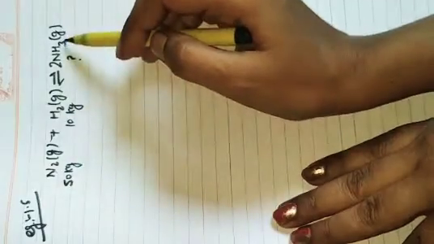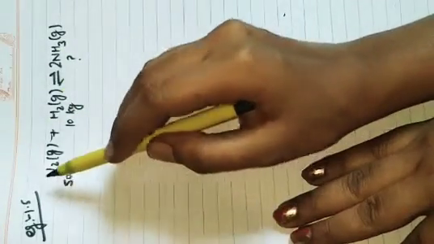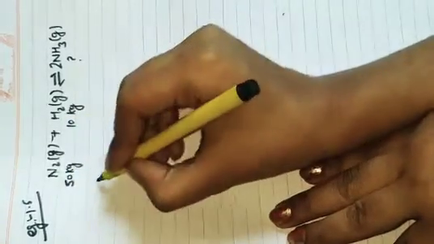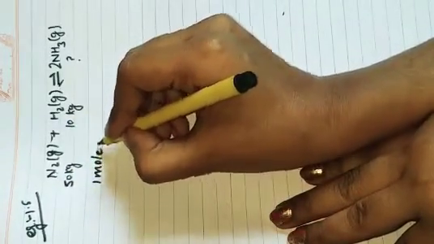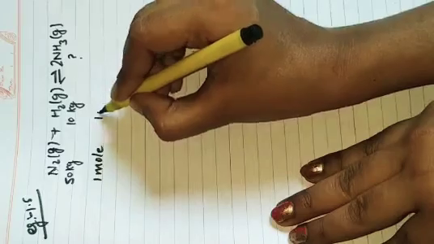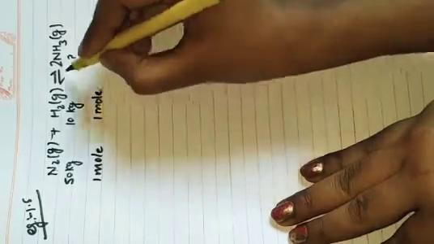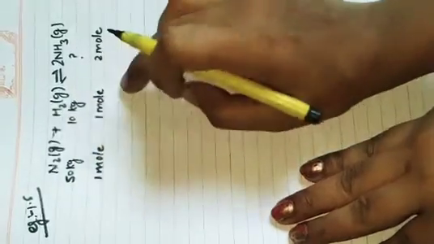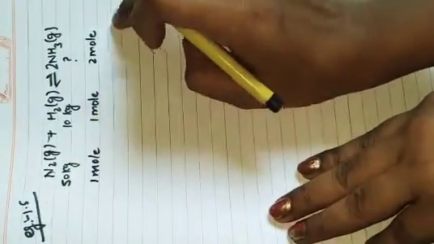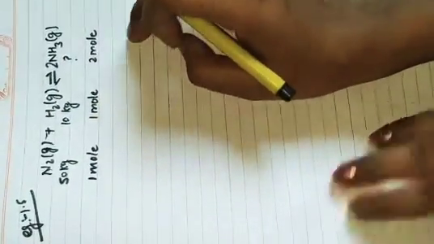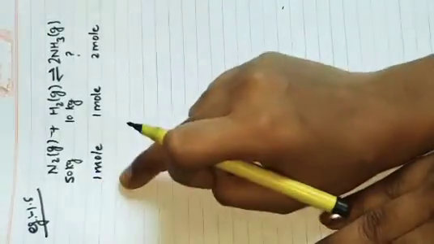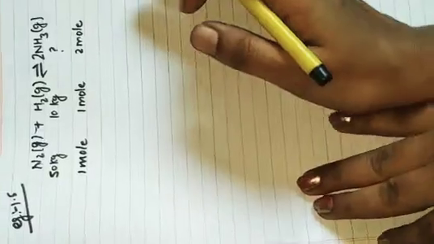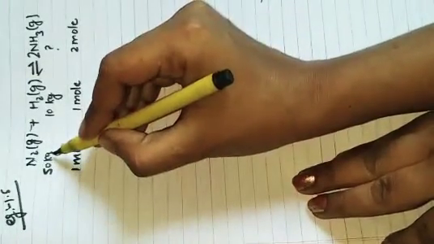Now come to the second part. What I have told you: first of all, mention here how many moles of nitrogen, 1 mole; how many moles of hydrogen, 3 moles; and it will give 2 moles of ammonia. Means 1 mole of nitrogen reacts with 3 moles of hydrogen and gives 2 moles of ammonia. Just leave it now. If we require this, then we will use it, otherwise we will work according to the data. Okay. Now, 50 kg N2.